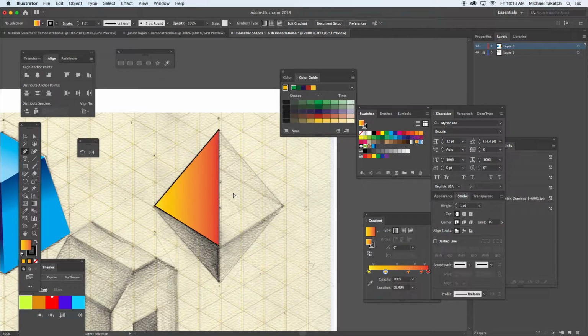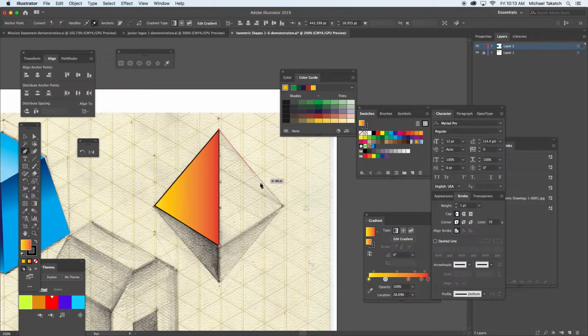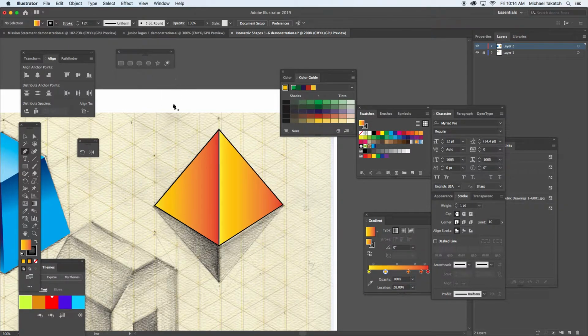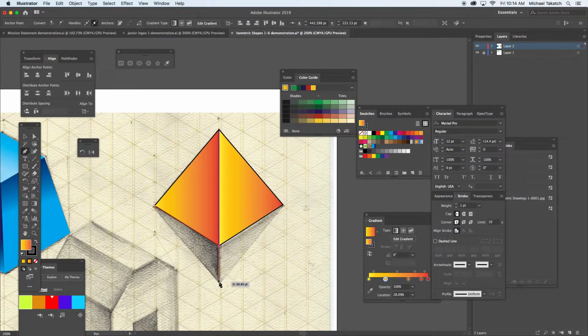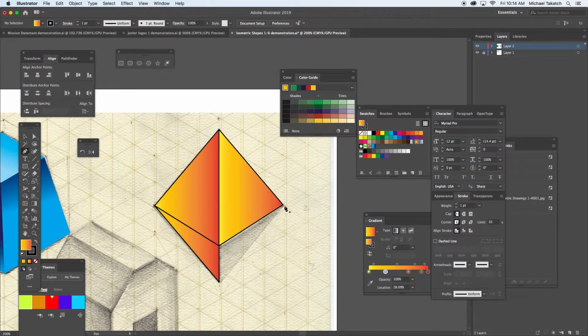Hold the command key down, and when you see you're on the anchor point, it matches it right on top of it there. And since I had that gradient, it's going to stick with me. But again, either hold the option and then just click off somewhere in the blank part of the illustration, and it lets you build that up. So it's just kind of using these parts and pieces to build this drawing,